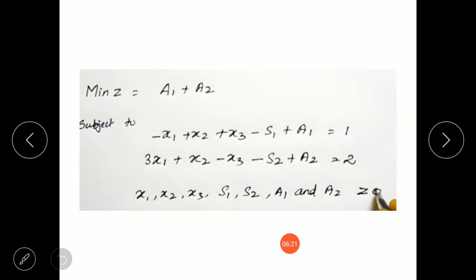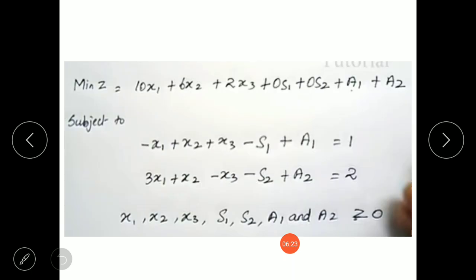Now we need to proceed to phase 1, but before that we need to revise the objective function. As I told you, in phase 1 we apply the simplex method but with a revised objective function. For revising it, we remove all the variables like x1, x2, x3, s1, s2, the original variables as well as the slack or surplus variables.